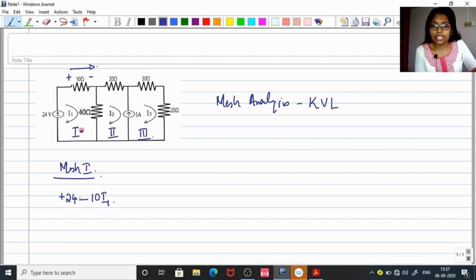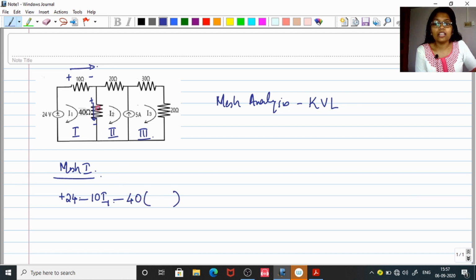Okay, next in this loop, only focus on this mesh 1, and this current I1 is next getting into the 40 ohm resistor, which means current is now going from upside to downside, and obviously here it will be positive and here it is negative. So again when we meet a positive here, go for a negative. And what is the voltage drop across this 40 ohm? It is simply 40 ohms into the current through it.